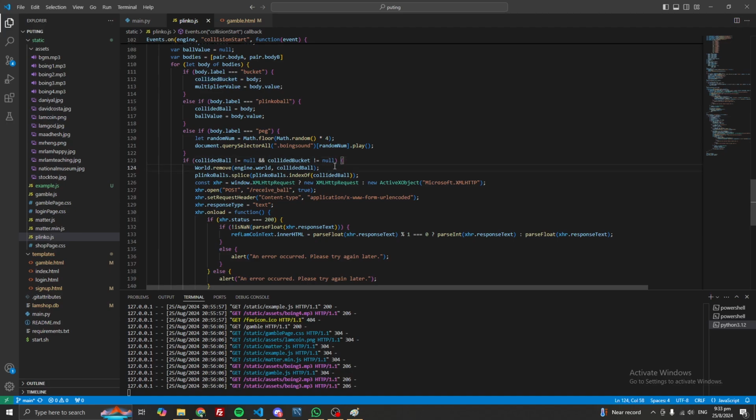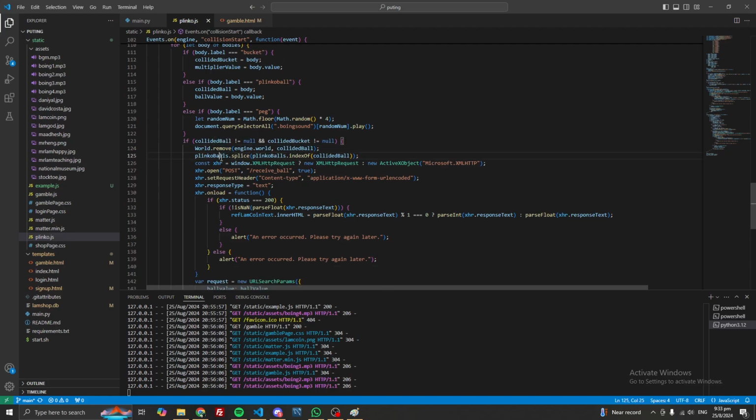We only want to add to the user's lam coin count if the ball touches a bucket. So once it collides, we want to remove the ball from the world. And then we'll also remove the Plinko ball from the Plinko